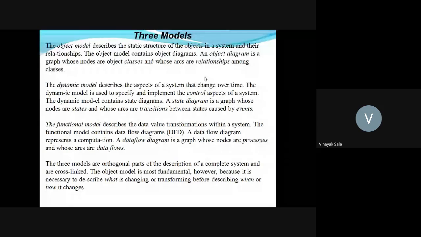events. The functional model describes the data value transformations within a system. The functional model contains data flow diagrams. The data flow diagram represents computation. The data flow diagram is a graph whose nodes are processes and whose arcs are data flows. The three models are orthogonal parts of the description of a complete system